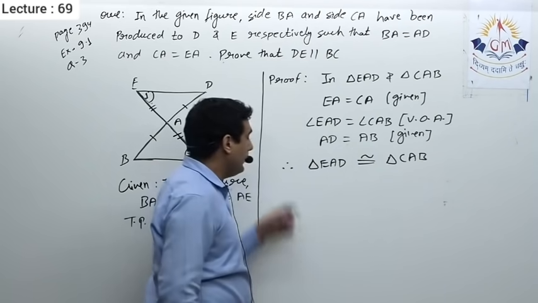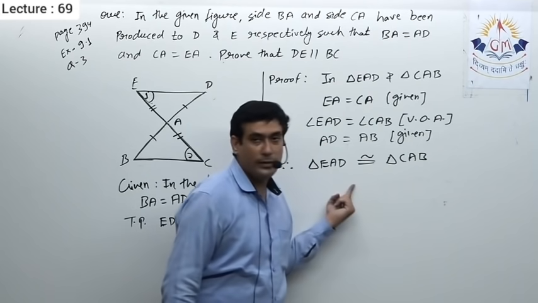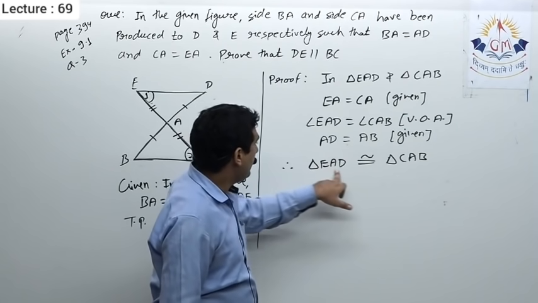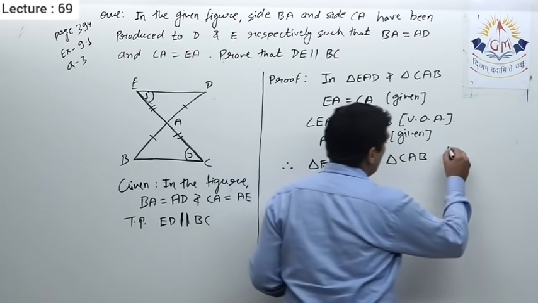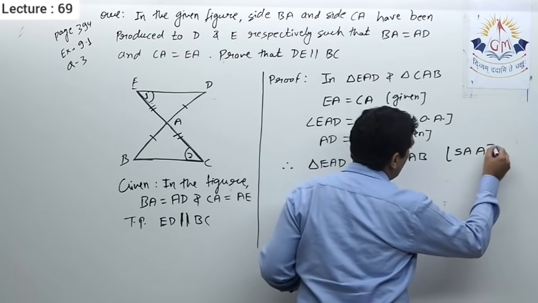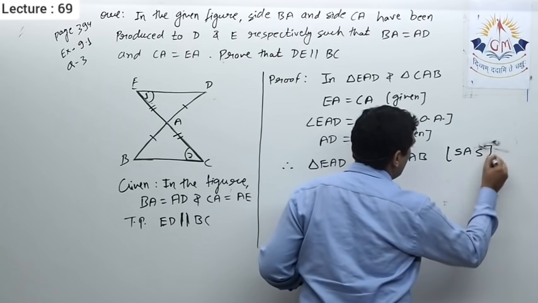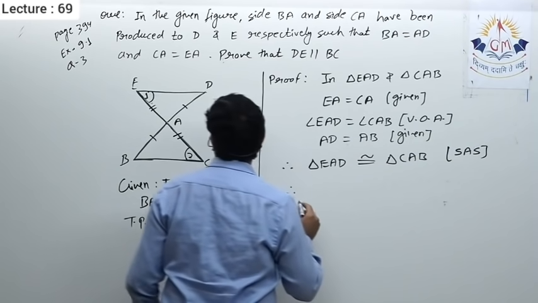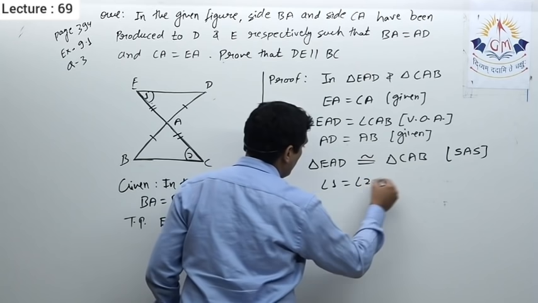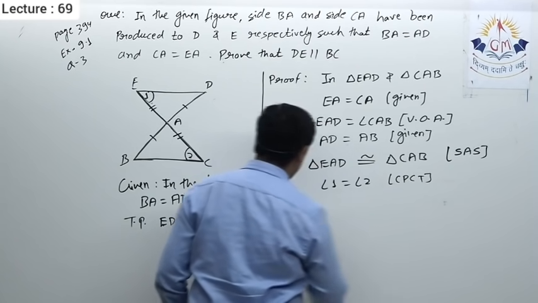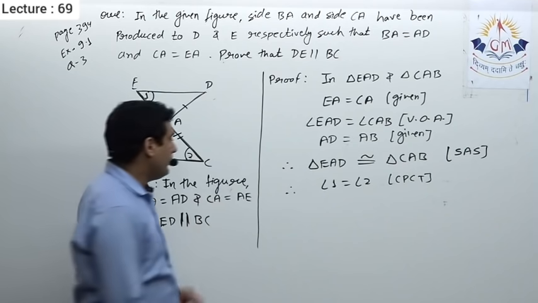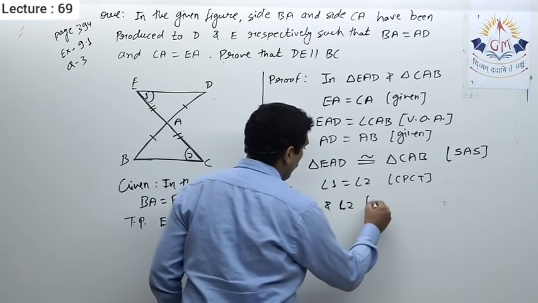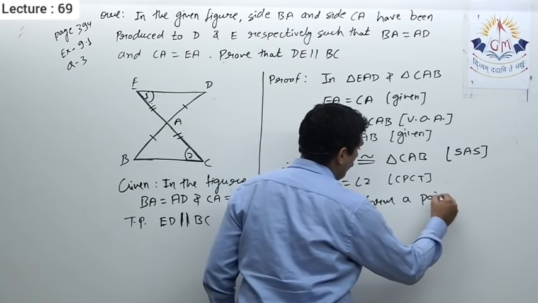Again, you have to keep in mind that the order of the vertices should be correct. So EA, CA, yes. AD, AB, okay, it is correct. So here the triangles are congruent by side angle side, and therefore I can say angle 1 is equal to angle 2, that is by CPCT. Now angle 1 and angle 2 form a pair of